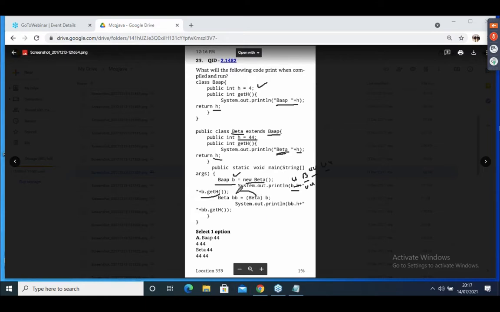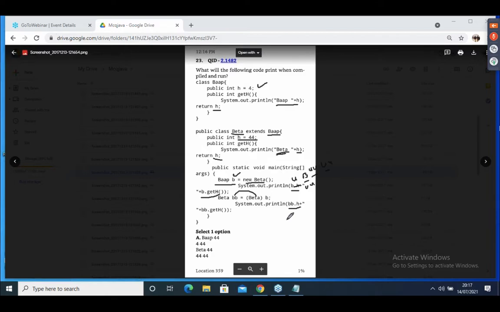Next, I have downcast into Beta. Then bbH. bbH means what is the value there? 44. Again, it gives the same overridden implementation. Beta 44 and return value is what? 44. bH only 4. In remaining, both print what? Beta 44, 44, then Beta 44, 44.